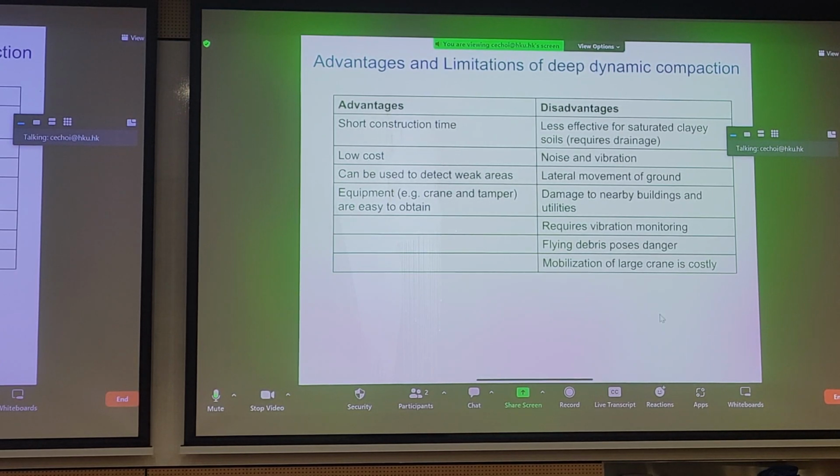By inducing a vertical drop impact, you're also causing a crater. And a crater also means you have horizontal stresses in the ground. And you have to decide whether you're able to tolerate this kind of lateral movement in the ground. And you can imagine such high impact energies will lead to vibrations that might cause damage to neighboring infrastructure. What we mean by damage is cracks. It may happen, right? And we talked about vibration monitoring,